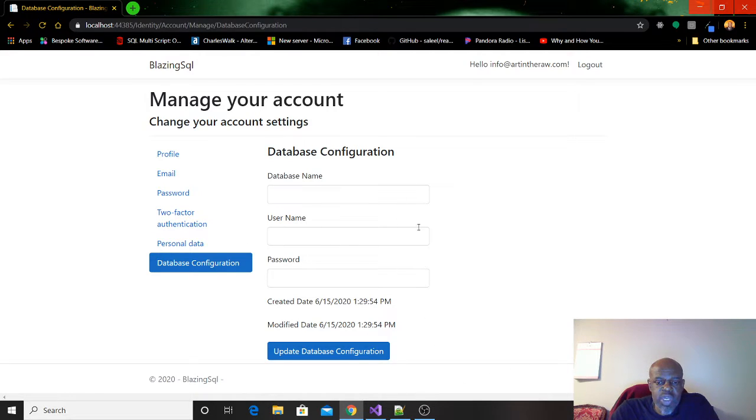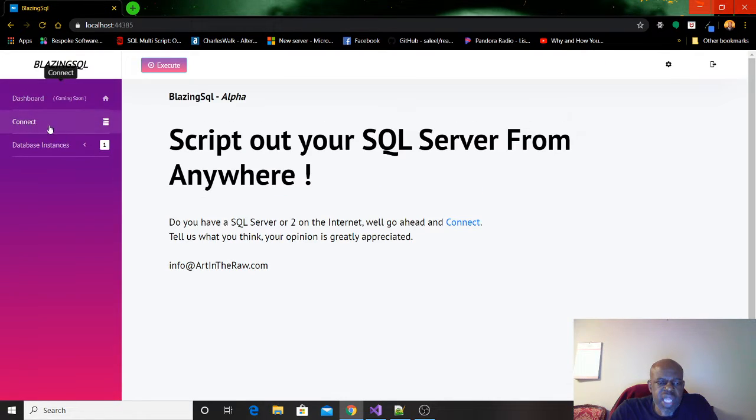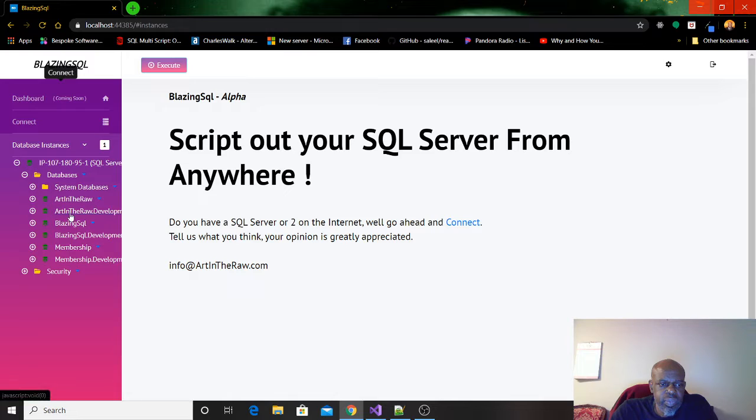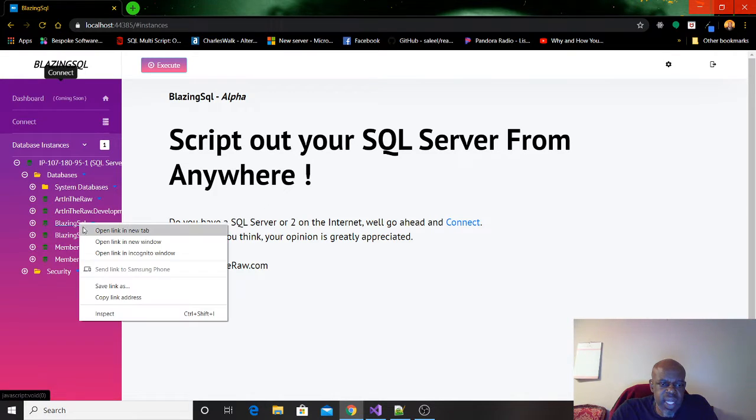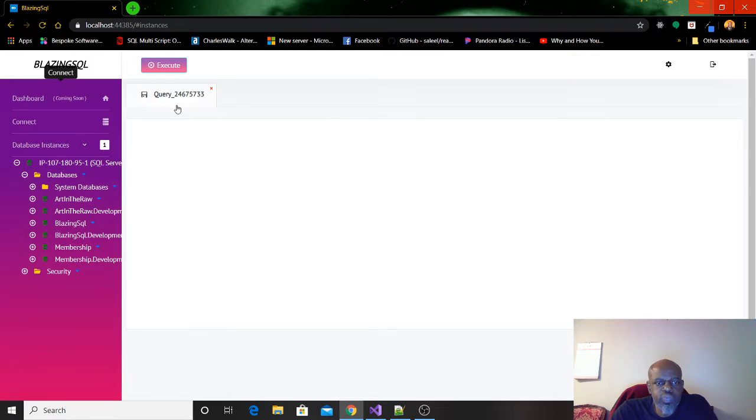But I'm not sure if I'm going with this yet. This may or may not be implemented because I'm using a ghost account that really doesn't require everybody to have their own database. So I may not use this. But anyway, as long as you're logged in, your state will be persisted, and anything that you want to save, like your queries. Let's say for instance we decide to do a query, you're able to save that query to your profile and name it whatever you want. My query.